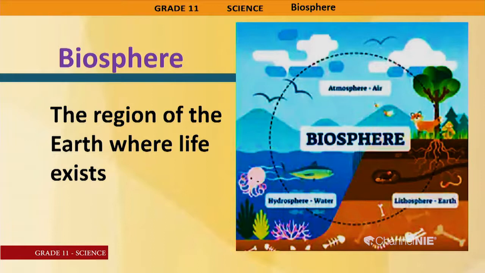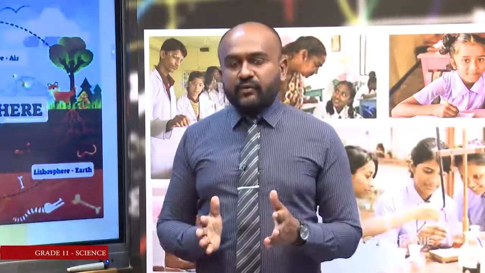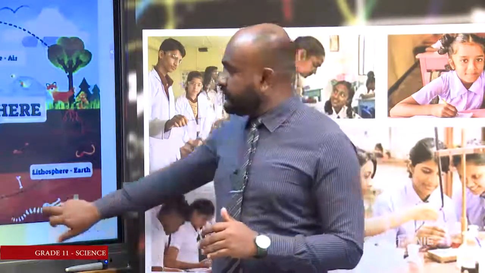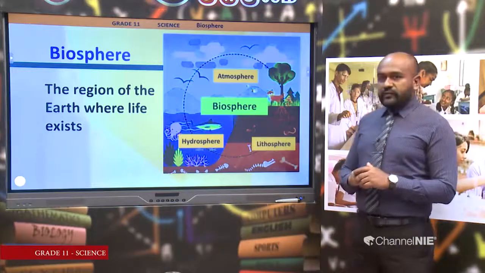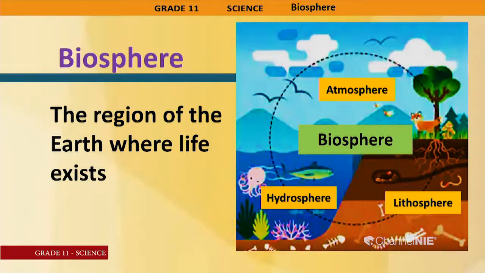But again, when you get the earth, there are different components to the earth. You get a part in the earth where you get air, and where you get water, and where you get a solid part. Accordingly, we can identify three main components in the biosphere. Let us see what they are. So, you can see the three components now on the screen. You get the atmosphere, that is the layer of the air around the earth, and also the earth has water in it. The part of the earth where you get water is called the hydrosphere, and the solid part of the earth is called the lithosphere.